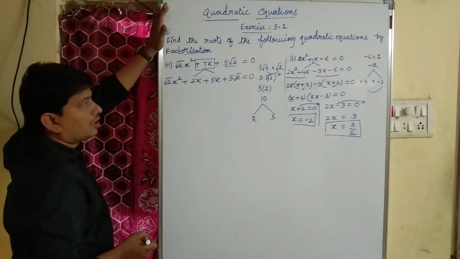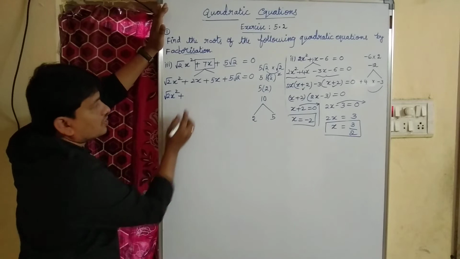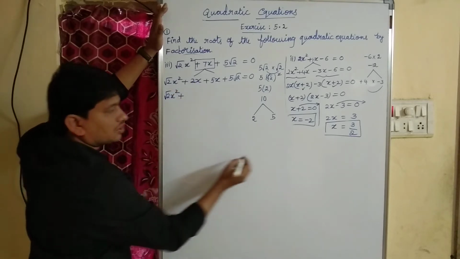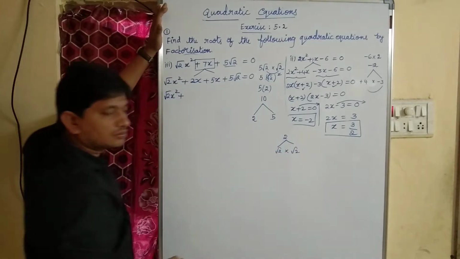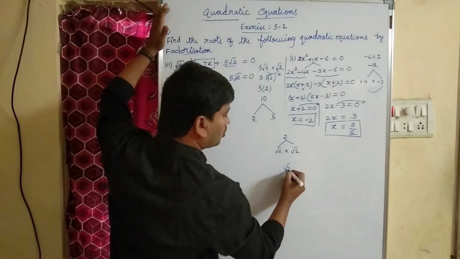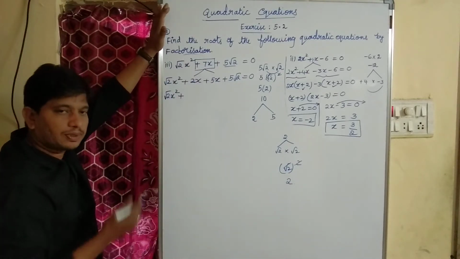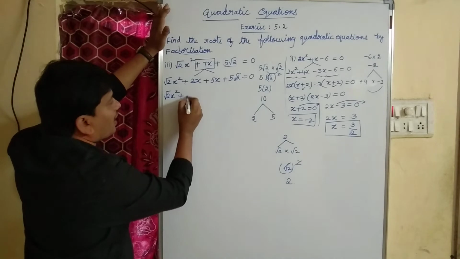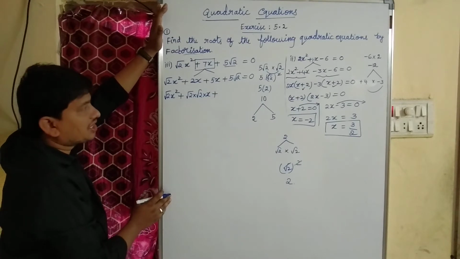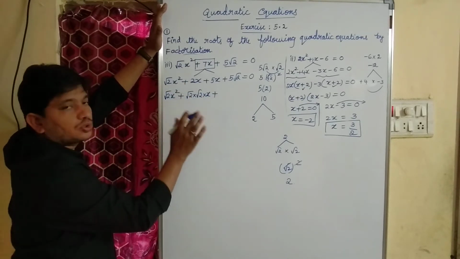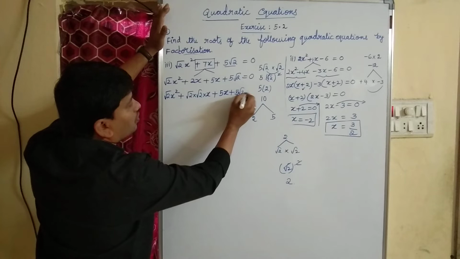Children, I can write this root 2 x² as common. If you see here, I have 2. Children, 2 I can write as root 2 into root 2, because root 2 into root 2 whole square root gets cancelled, meaning again I will get 2. As per my convention, I can write this 2x as root 2 into root 2 into x children. Is it clear children? What I am doing here: 2 I can write as root 2 into root 2, and this is as it is 5x, and this is also as it is 5 root 2 = 0.